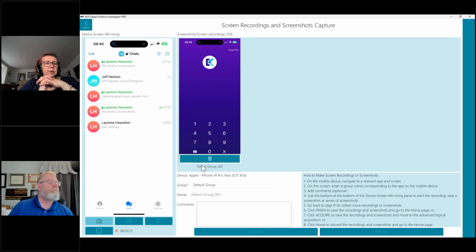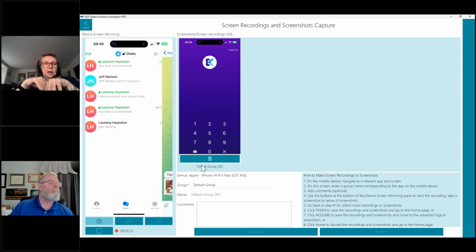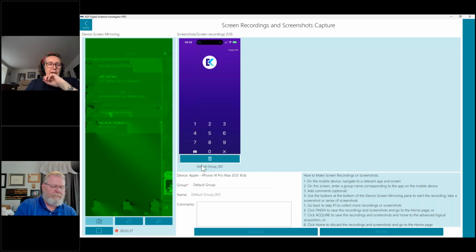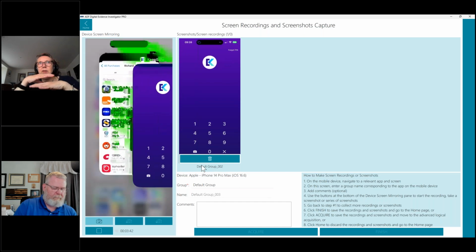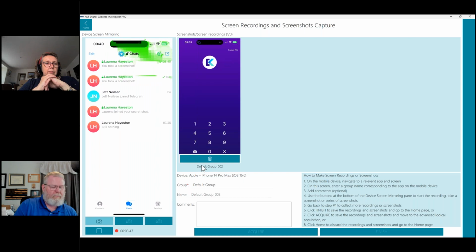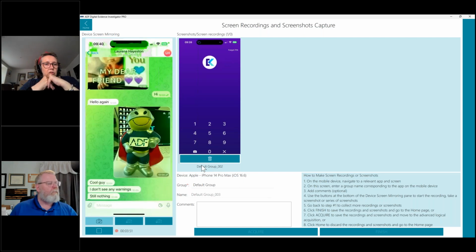If you open a secret chat and try to do a screen recording of it on iOS phones, the other party sees that a screenshot has been taken. On Android phones, which Rich is trying to emulate here, you just get a black screen. So just bear that in mind if you have secret chats on Telegram. You're either going to alert other people in the chat that you've got a screenshot, or it's being recorded,